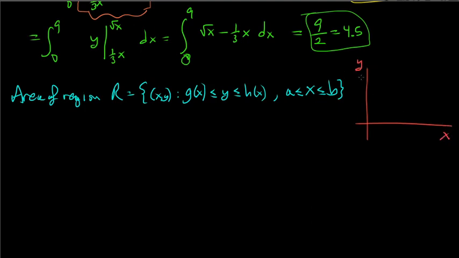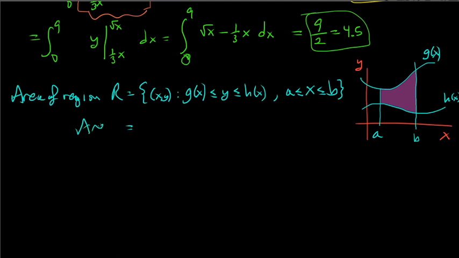So we have g of x is the top curve, h of x is the bottom curve, and let's say this is x equals a, and let's say this is, try to draw a vertical line here, this is x equals b. The region R here is this purple region in here, right? And so to get the area of that,